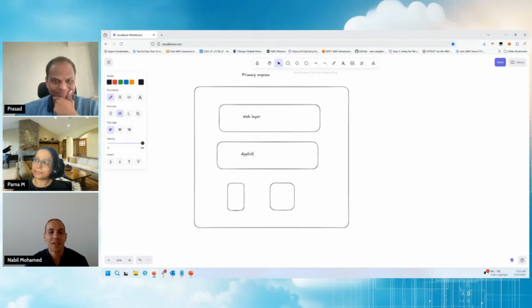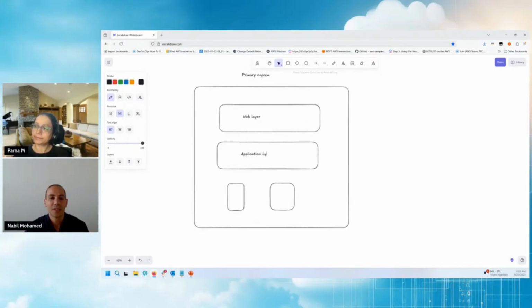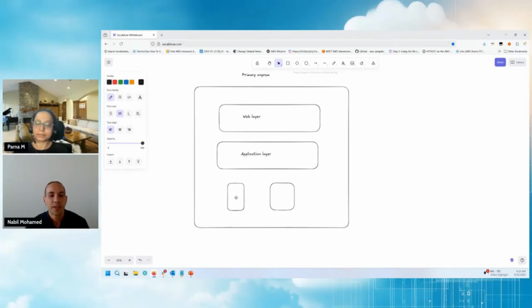Thank you for that. Yeah, and then we have the application layer, and then you have the database. That's right. You mentioned that you have SQL servers. Yes, SQL Server and a couple of MySQL servers as well. Okay, awesome. And then you mentioned also